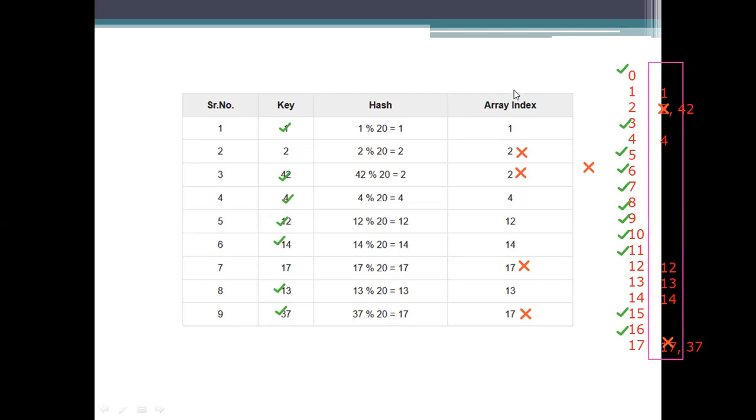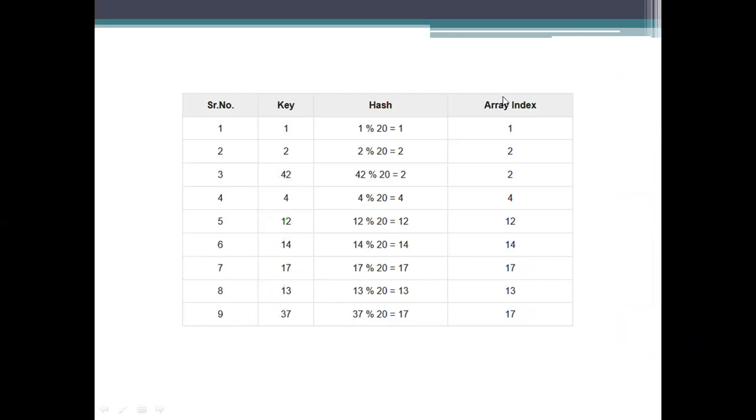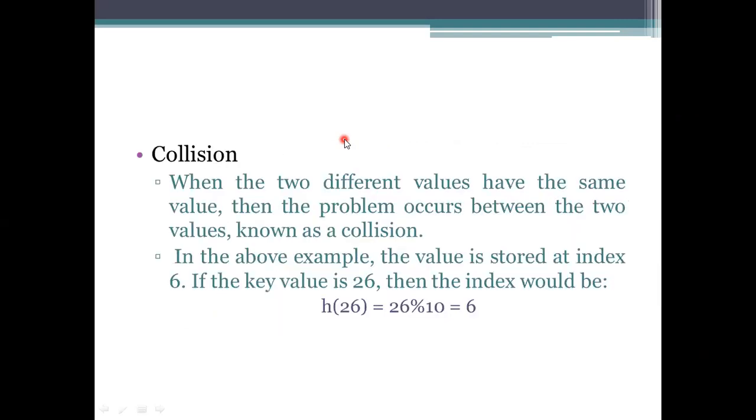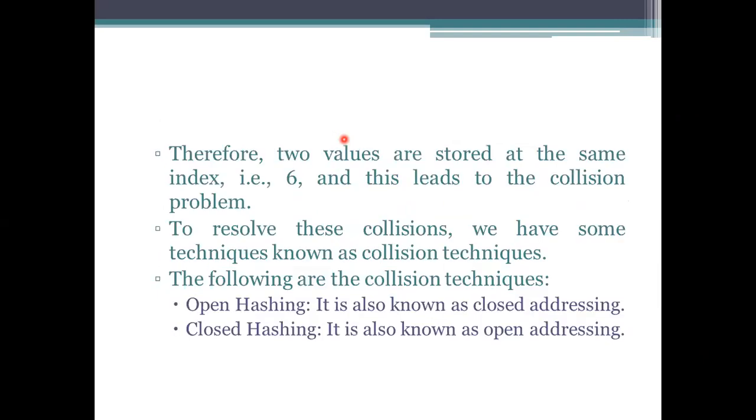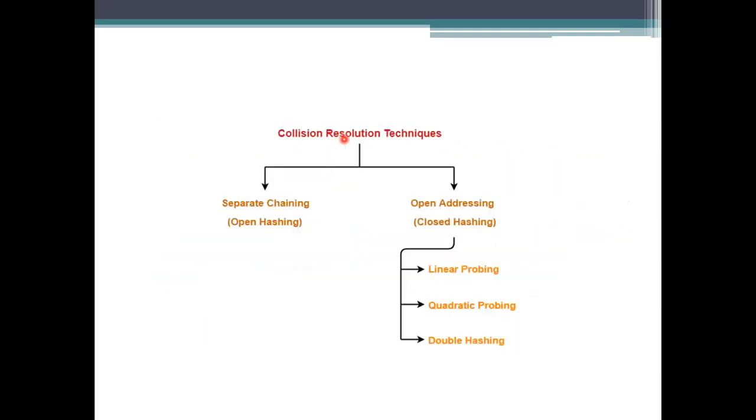And coming to this situation, what is raised here is the collision. How are we going to handle this? The collided one has to be restored now, so we need to make a space for them. To overcome this problem, we need to take 2 collision techniques into account, which are open hashing and closed hashing.